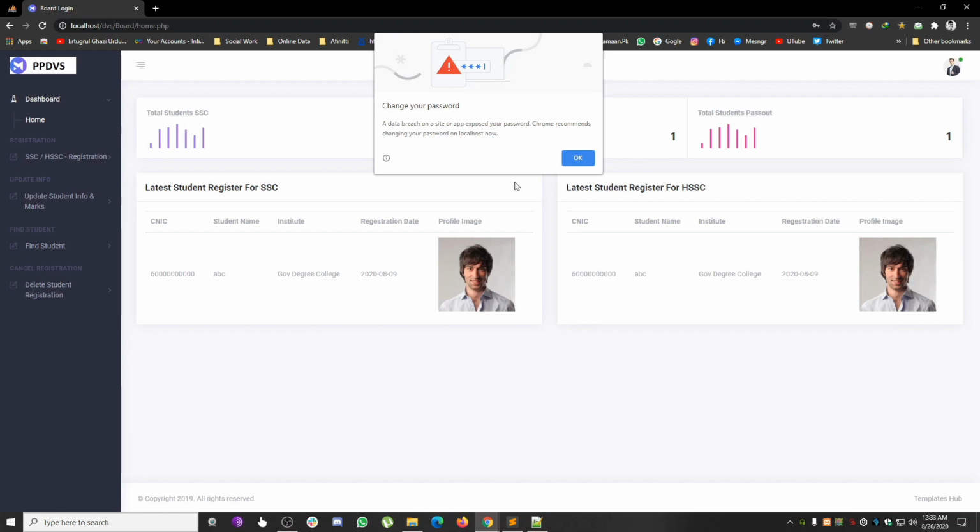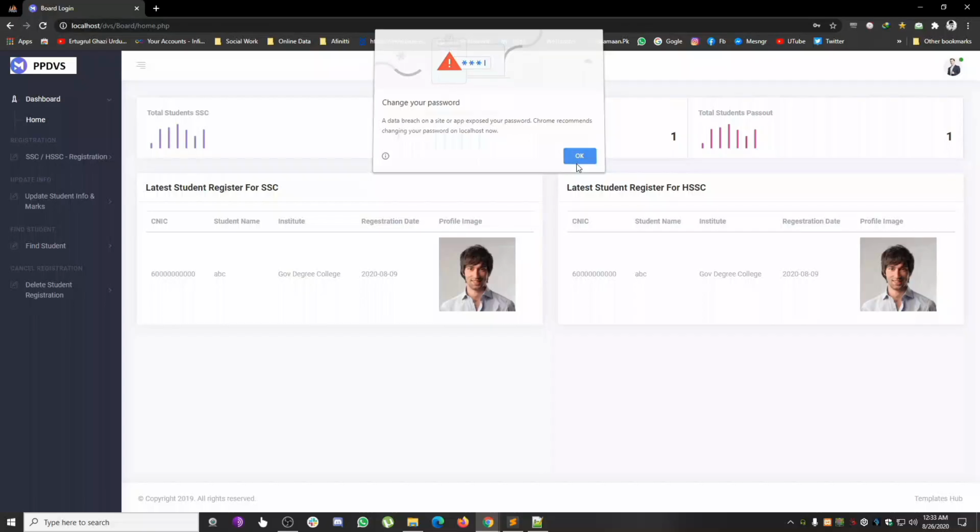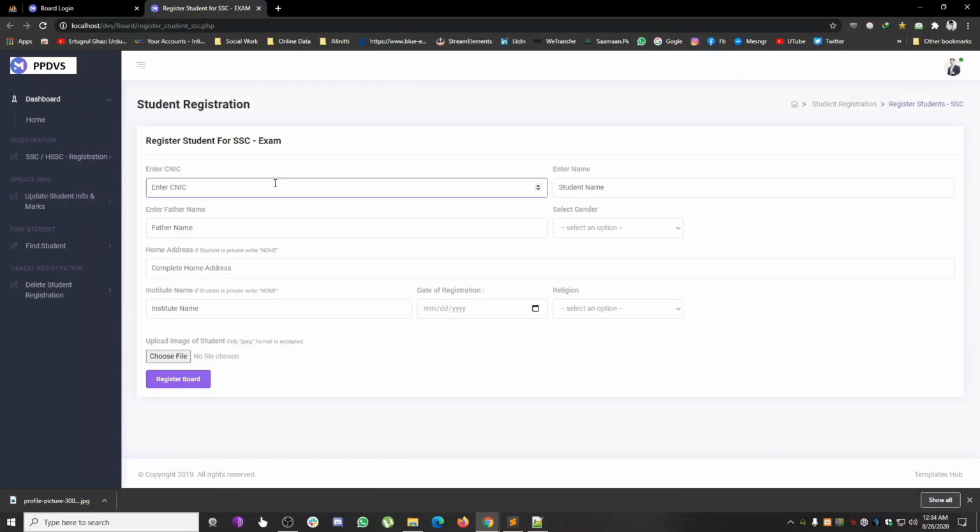On the left side, many operations are shown, like registration of students into SSC and HSC, updating data and marks, and so on. First, we are registering a student for SSC exams, in which the board will enter required data like student CNIC, student's name, father name, selecting gender, address, which institute the student is part of, and some other data with the photograph. After registering, the student's data will appear on the dashboard with the photograph, and the number near the graph will be increased. Moving forward,